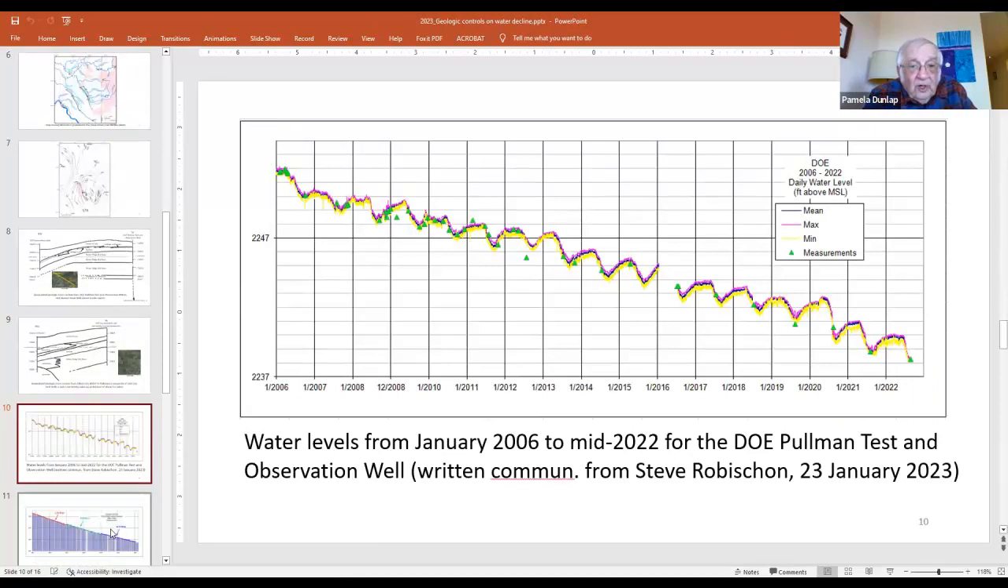If you're unaware, over the years for PBAC, using the observation wells and other wells, Steve presents every year graphs and charts illustrating the water level changes for the last year. And here's one for the DOE Pullman Test and Observation Well, halfway between Moscow and Pullman. Starts up here back in 2006. We have an elevation of 2,252 feet. We've come up close to the present day, so year off. Right down here we have an elevation of 2,238 feet. So we've dropped that much over the last